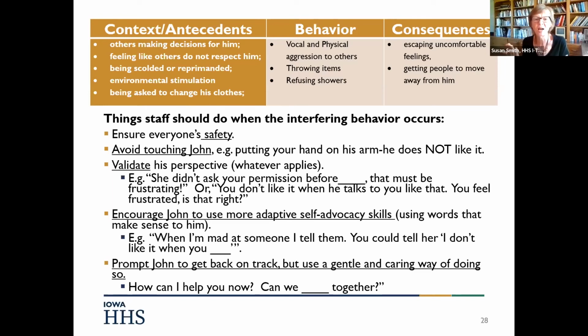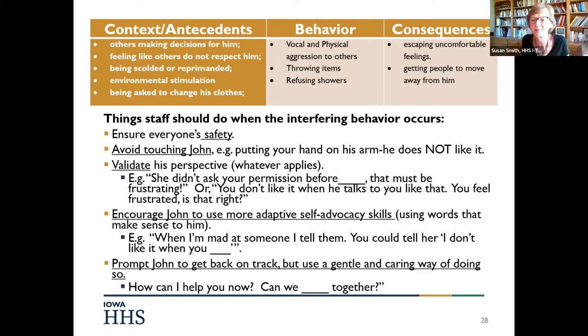So we want to try to withhold that just in case that's the payoff, if we think that that's the payoff. There's probably a more detailed explanation we could go into. There's so much variation, but I just want to say, keep in mind what your consequences were in your functional assessment, and be careful that you don't inadvertently strengthen the behavior, if you can help it. Sometimes if the person's safety is jeopardized, if somebody's out in the middle of a road, or they have a knife to their throat, you've got to do what you've got to do to keep people safe. So there's no one answer to tell everybody, but just keep that in mind.